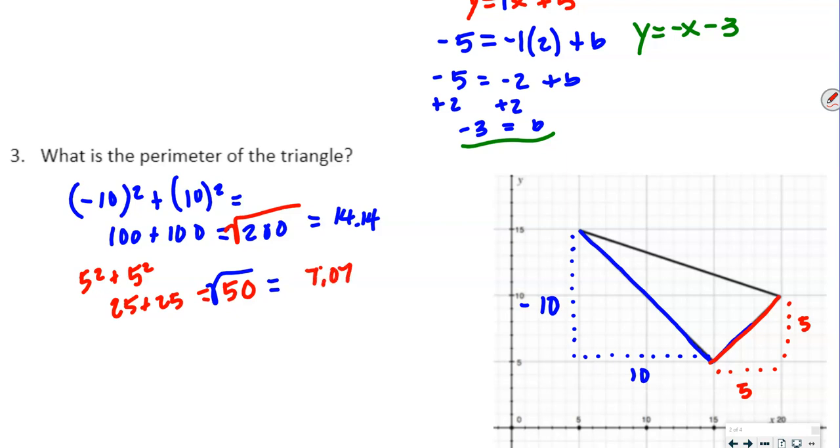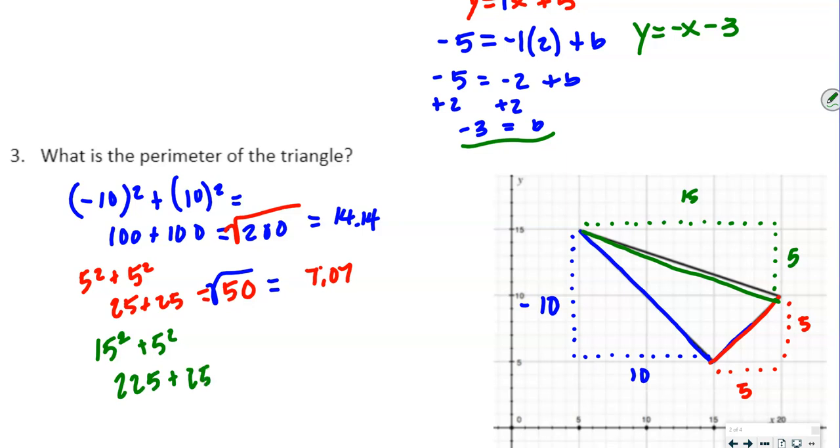7.07. Now we're going to do one more side, this side up here, because remember, we're looking for the length of all the sides so that we can add all three together. So we're going to do 1, 2, 3, 4, 5, 6, 7, 8, 9, 10, 11, 12, 13, 14, 15. So we're going to do 15 squared, and 1, 2, 3, 4, 5 tall, right? Plus our 5 squared. So that's going to be 225 plus 25. So that's going to be 250. And again, we're going to take the square root of that. So the square root of 250 is 15.81,